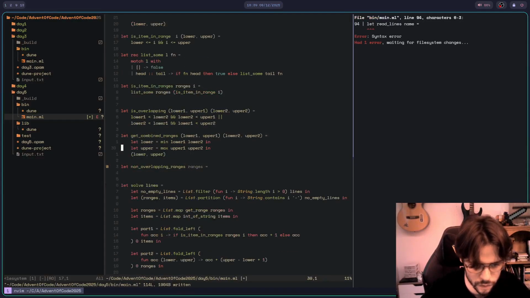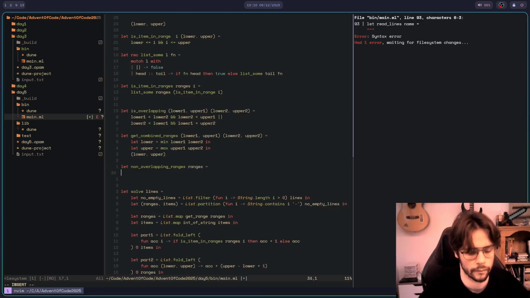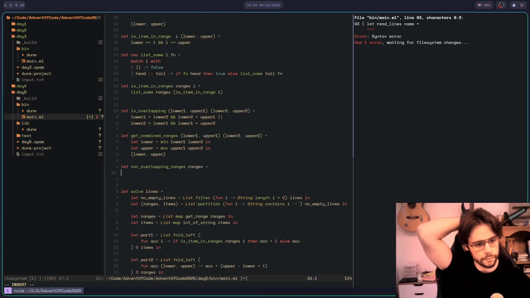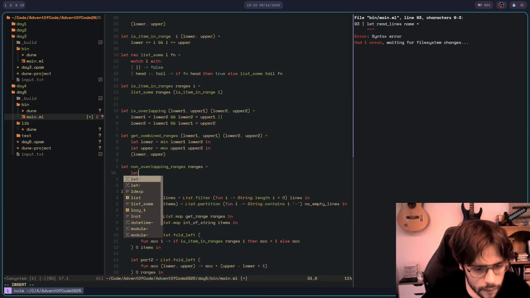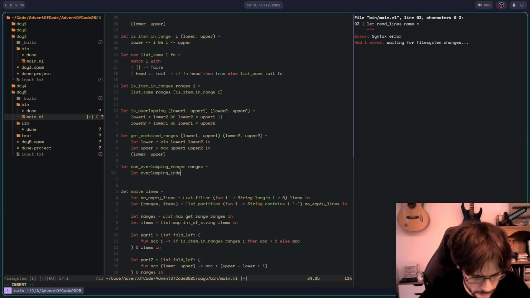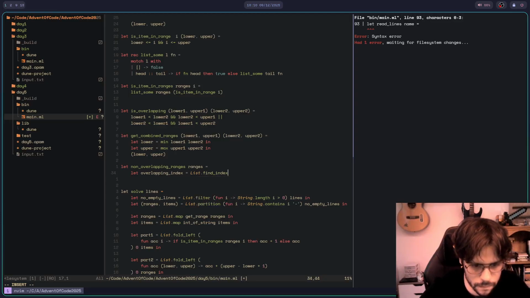At the same time, I just want to get on with it. Okay, that was the first part. So, let overlapping index equals List.sum dot find the index item where